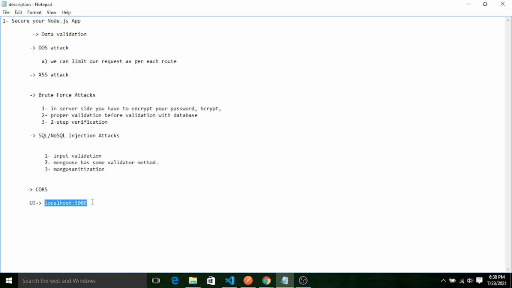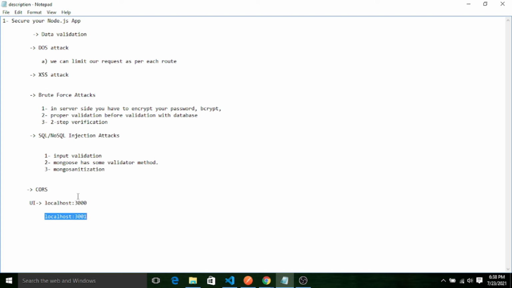We can prevent this: let's say somebody got the REST API or the server request link, they can use it on their site. Let's say their site is on localhost 3001. They can also integrate the same REST API with their site and access your database.